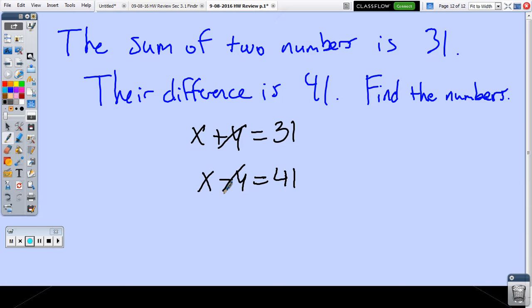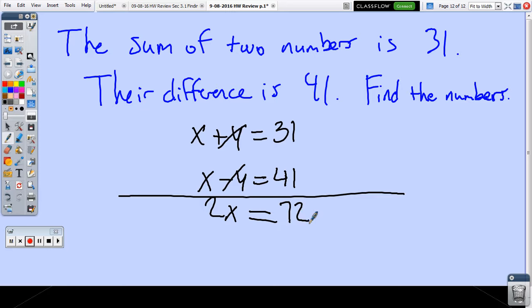So what are you doing? You're adding everything? Yes. Add all the components on the left-hand side. Let's work down though. Let's draw a big bar underneath the whole thing. Yes, there we go. We're going to add all the components on the left-hand side of the equations. So x plus x is 2x. And y plus negative y is nothing, so we don't have to write anything. Equals, now 31 plus 41 is 72, and then to solve for x,